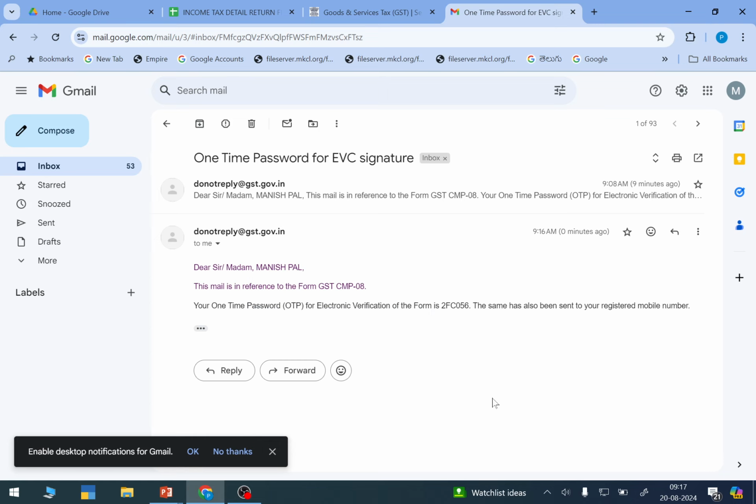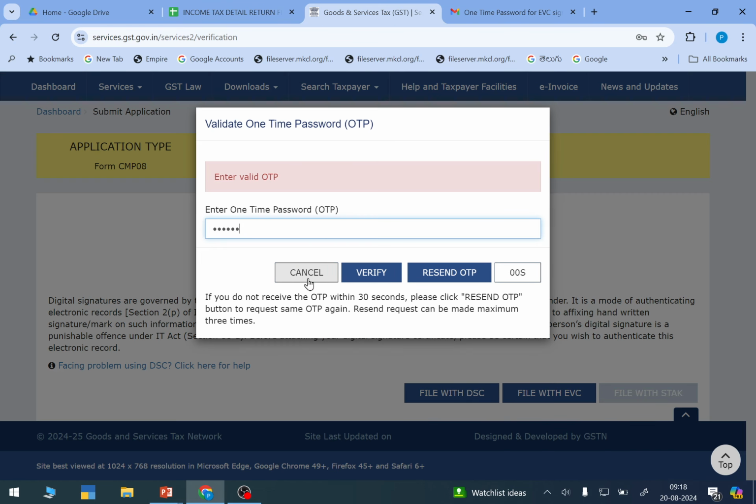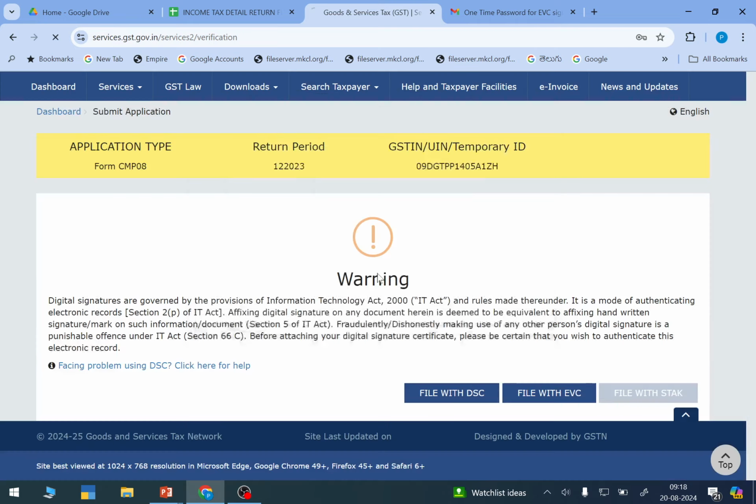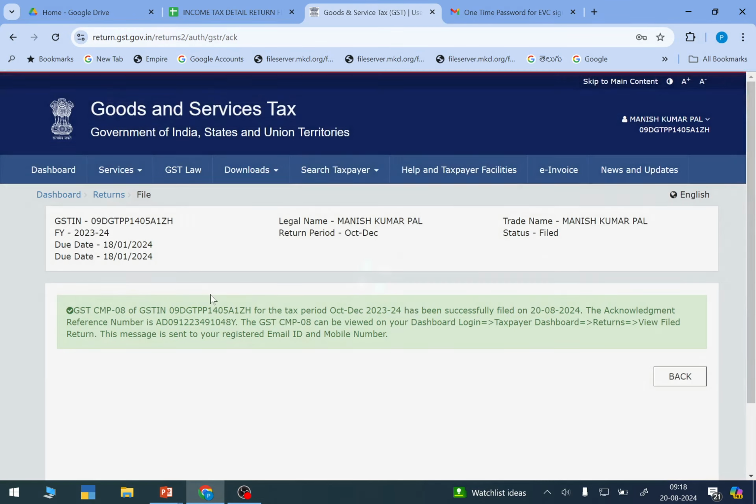You have to select the OTP properly. There may be multiple OTPs, so you have to write the proper OTP. In case you forget, let's see.